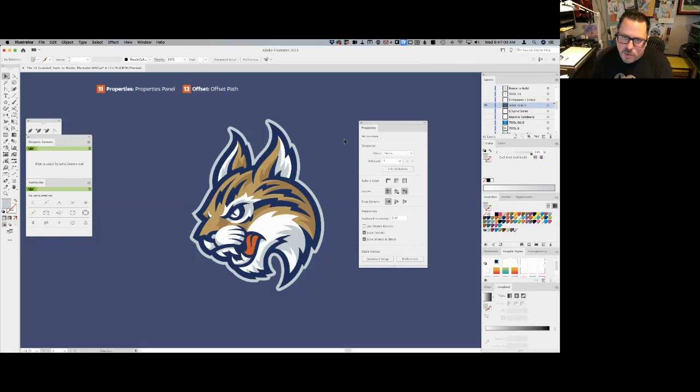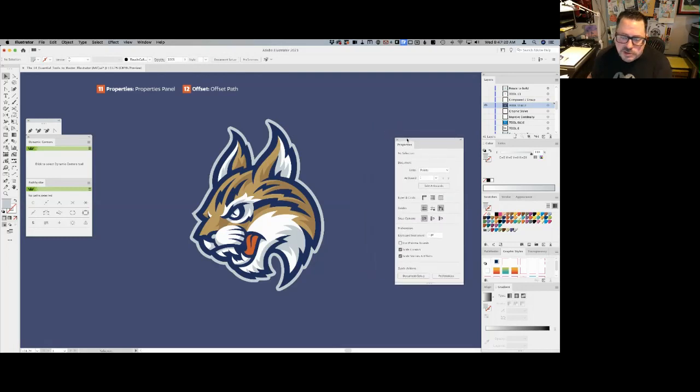The one thing I need to point out about the properties panel is it won't always show you the shortcut. If it's a compound path, it won't work. You have to do it the old way. I don't know why they set it up that way, but I just wanted to point it out because it is there. So I just wanted to mention it, even though